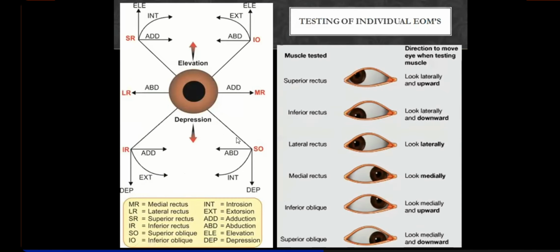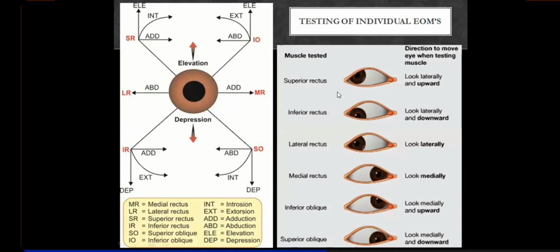Okay, now you look here. This is actually taught in physiology too, and will be taught in medicine too, because you have to check the movements of the different cranial nerves as well as the different extraocular muscles. Okay. So how to check these muscles? Medial rectus and the direction to move the eye while testing the muscle. You have a subject whom you have to examine, and you have to check the actions and the integrity of each of these individual muscles. So how will you test?